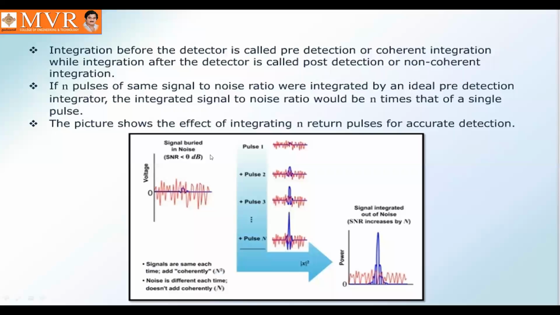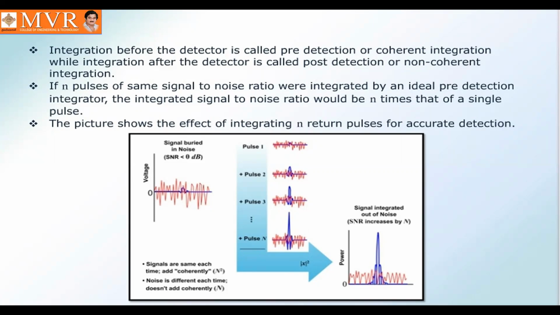Now see, this is the signal to noise ratio. Here the value is very less. This is pulse 1, this is pulse 2, this is pulse 3, and we have taken n number of pulses. At pulse 1, the signal to noise ratio is very less. When it comes to pulse 2, the signal to noise ratio is more, and coming to pulse 3, it is more still. Why? Because we have added pulse 1 to pulse 2, so the value has increased. The resultant value is added to pulse 3, the value increases, then 3 is added to 4, and so on, up to n.